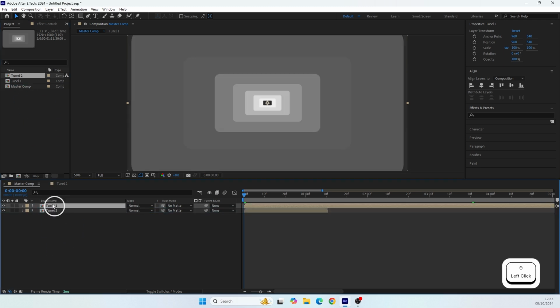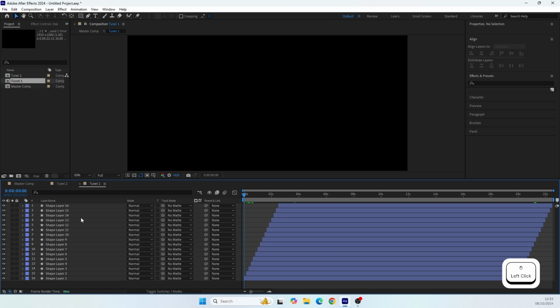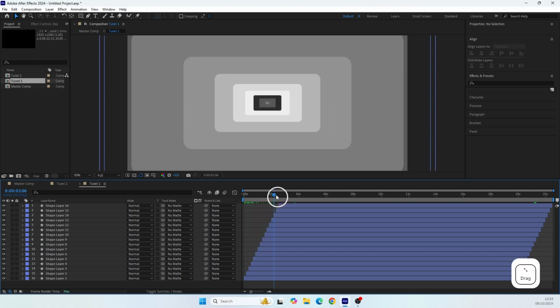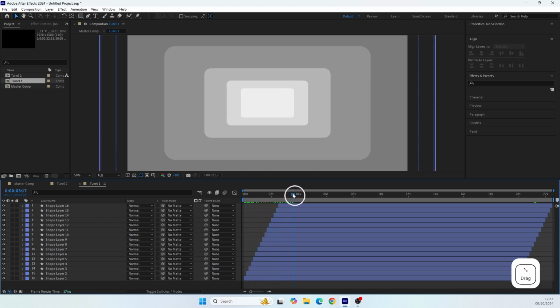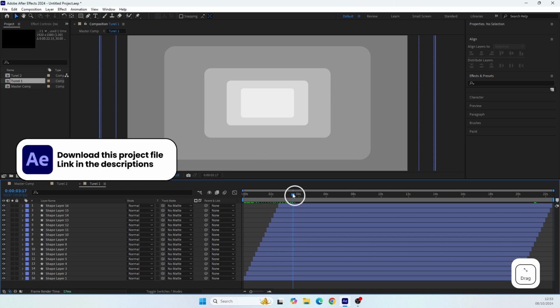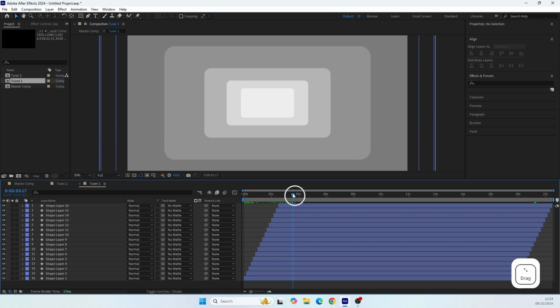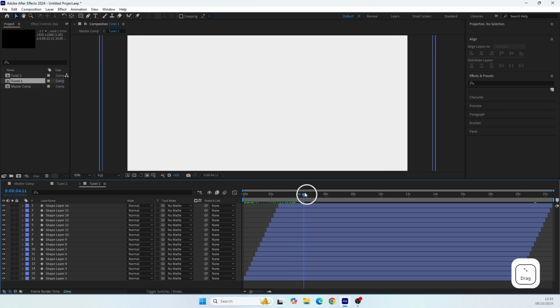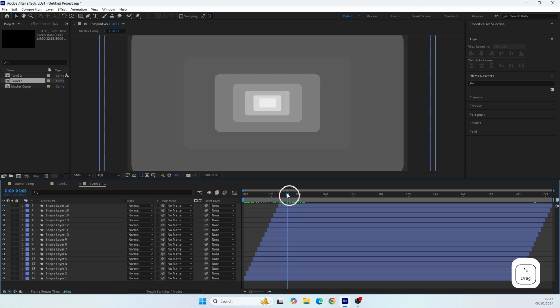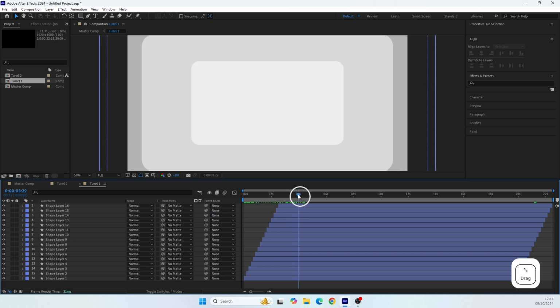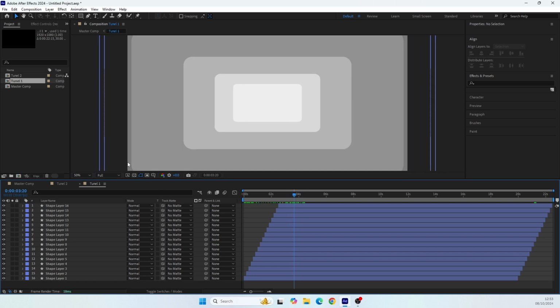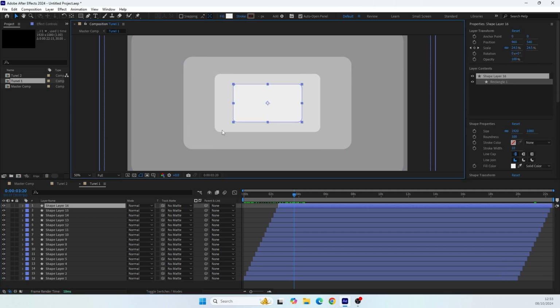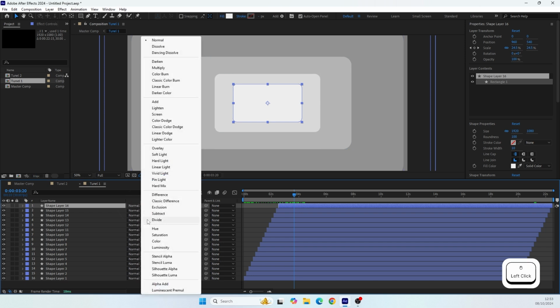And now let's create an outro animation for our first tunnel pre-comp, which is not the loop one, because we want to use this pre-comp as a transition to other scenes that can come after the tunnel sequence we are creating here. So to make the tunnel in this pre-comp actually end, so we can use it as a transition, all we need to do is select the first layer and change its blending mode to silhouette alpha.